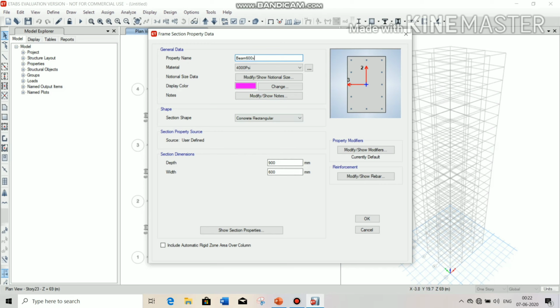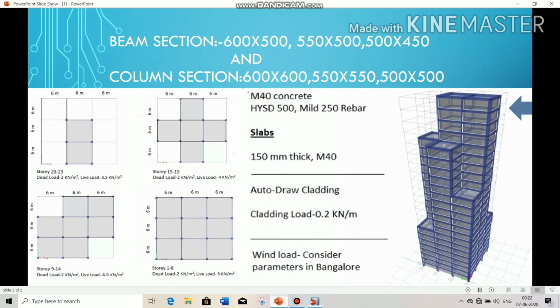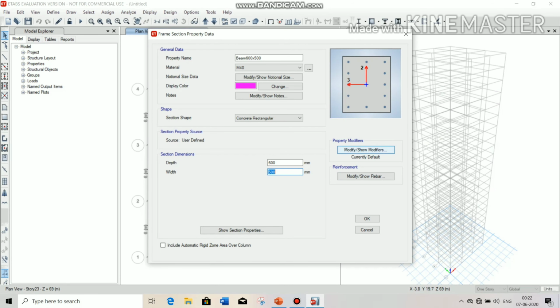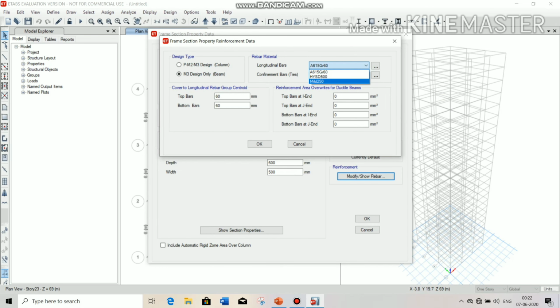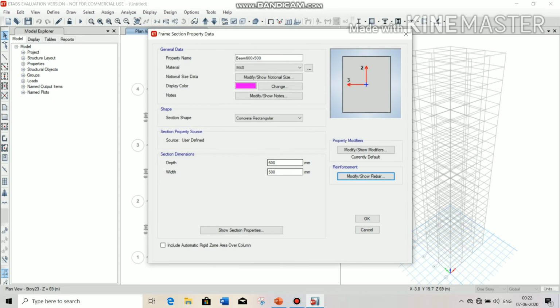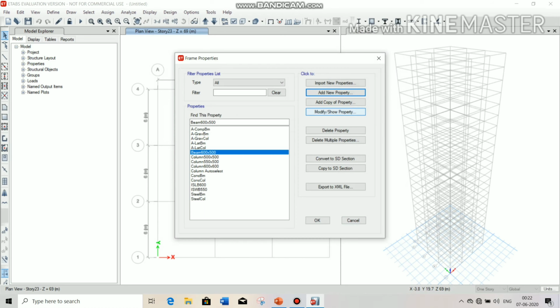Type is M40, depth is 600 and width is 500. Choose beam from the design type, HYSD 500 longitudinal and mild 250 tie bars, and standard clear cover for beam is 25 mm, and now click on OK, click on OK.